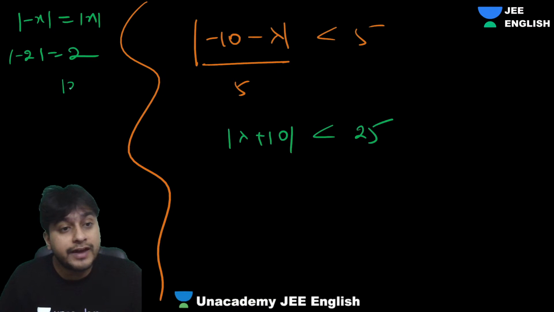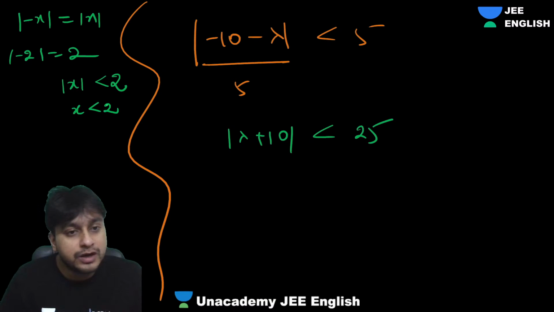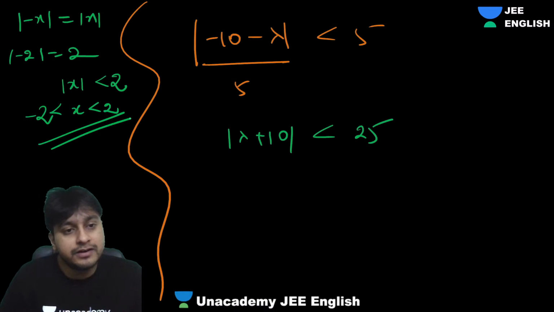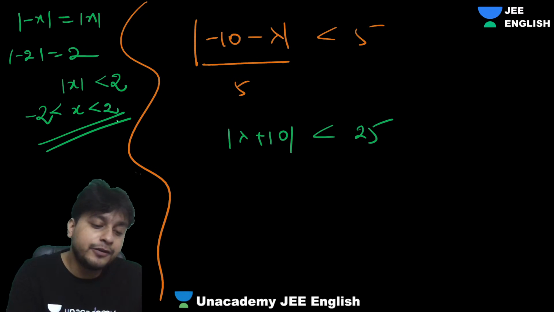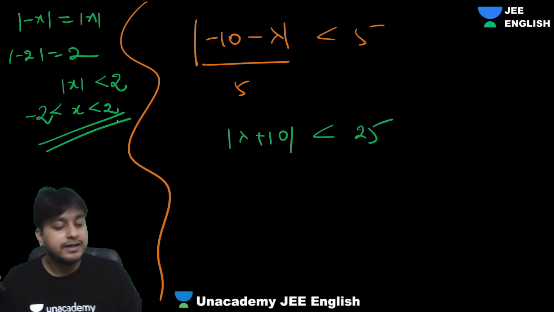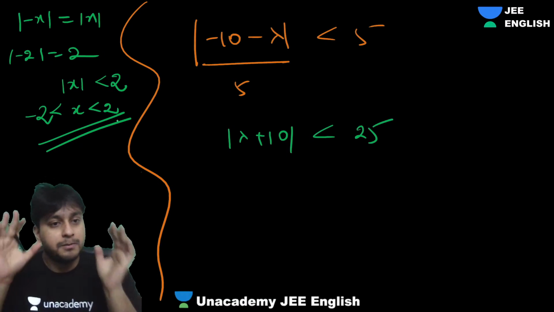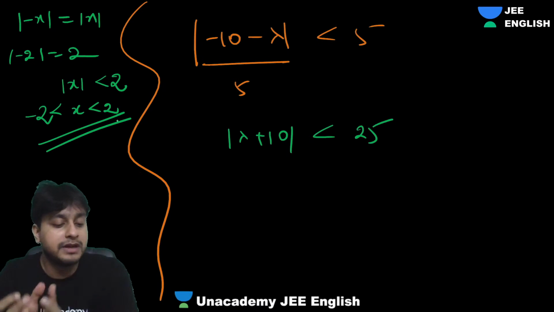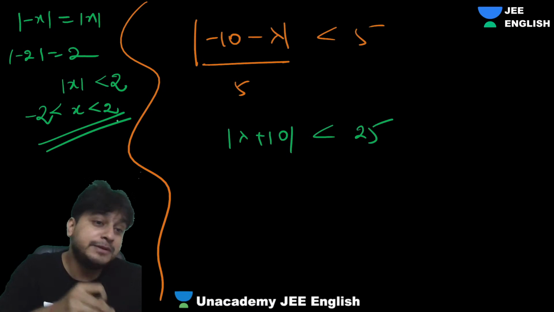Now guys, I have already told you this thing in basic maths everywhere. If mod of x is, let's suppose, less than 2, what do we say? We say that x is between 2 and minus 2, right? Everyone knows this concept. If you don't know the basic concept, then it will be difficult. That's why basic maths is very important. Mod of x of any number will be less than 2 when that number is between minus 2 and 2,